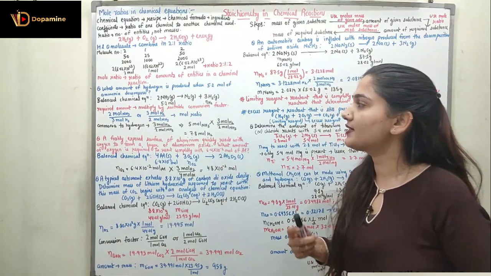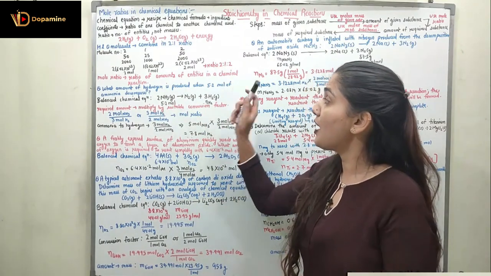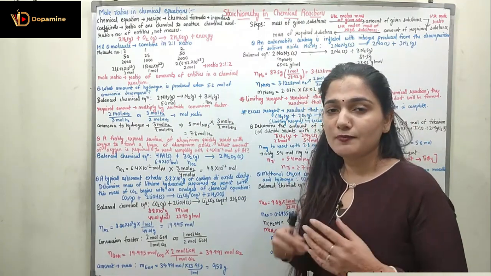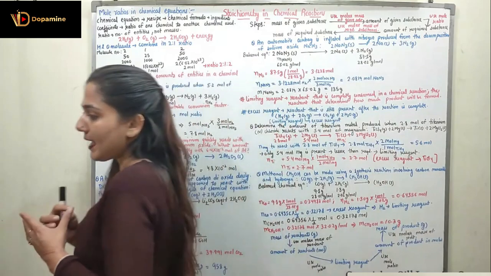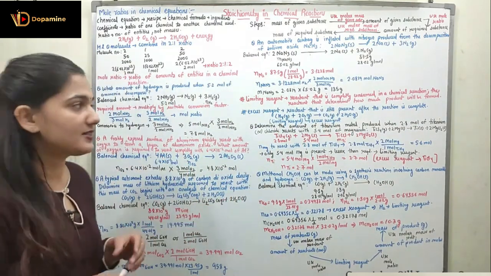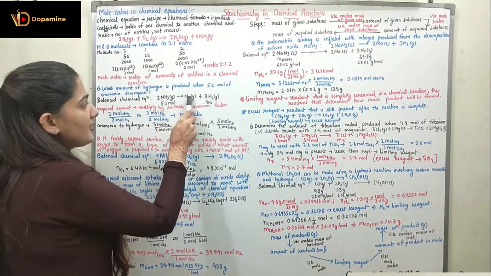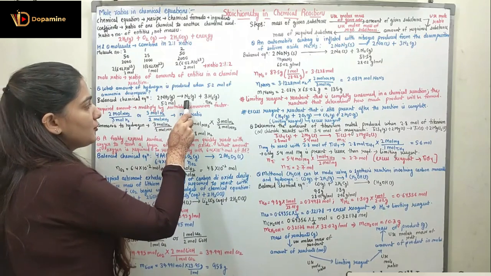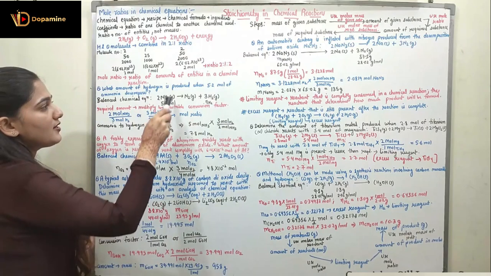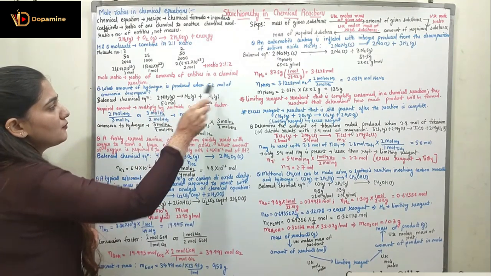So based upon this, let's talk about question number 1, which states: what amount of hydrogen is produced when 5.2 moles of ammonia decomposes? First of all, we need to see what the balanced chemical equation is and what amounts of the given reactants are there. According to the balanced chemical reaction, 2NH3 in the gaseous form decomposes into N2 in the gaseous form plus 3H2 in the gaseous form. So what is the number of moles of NH3? It is given as 5.2 moles, right?